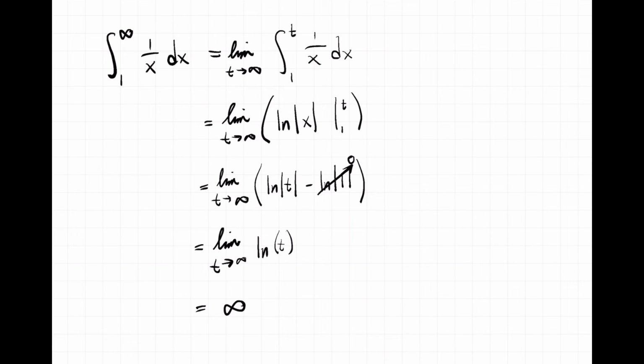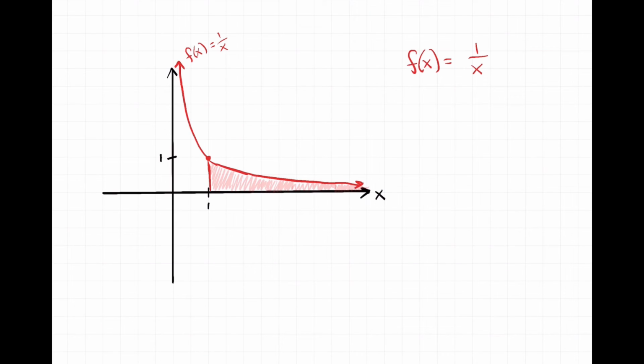So what this tells us is that our integral diverges. And it does tell us that the area under that curve is infinite. Let's go back and look at our curve and see. So what this tells us is, if we look at our curve, this area here is infinite,